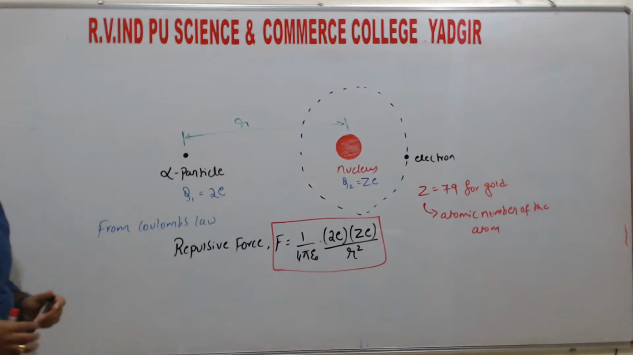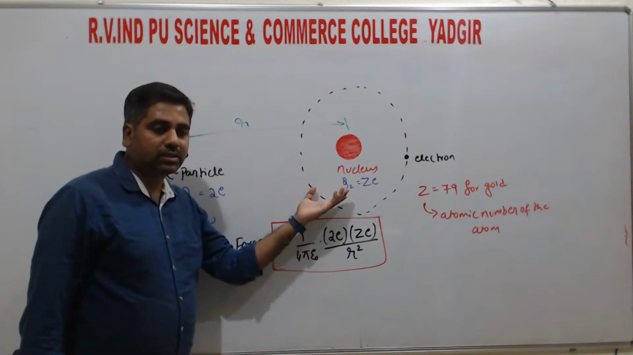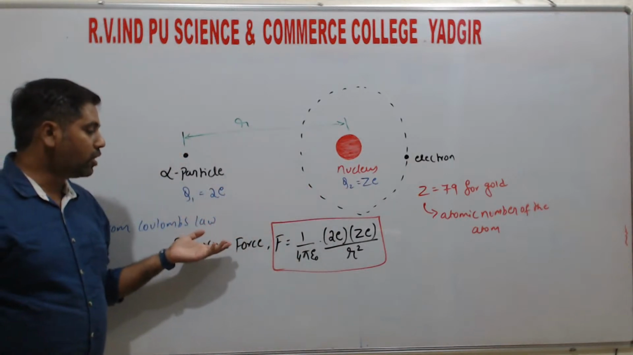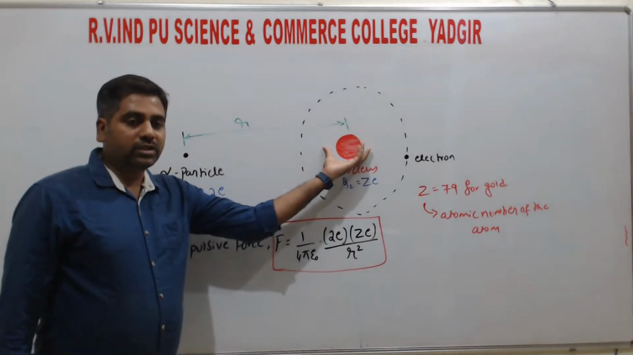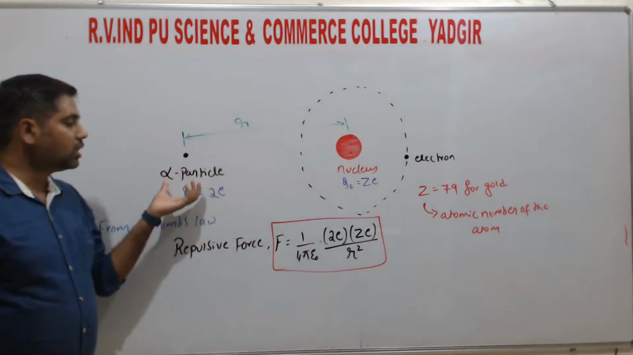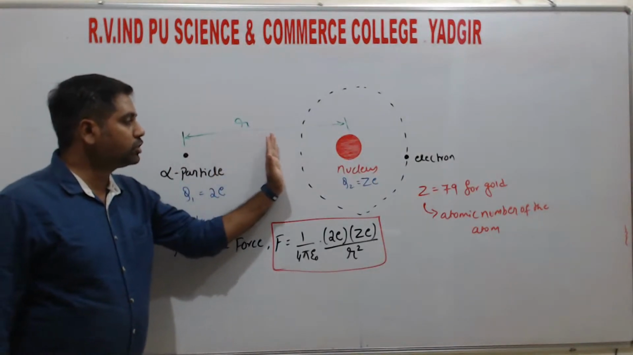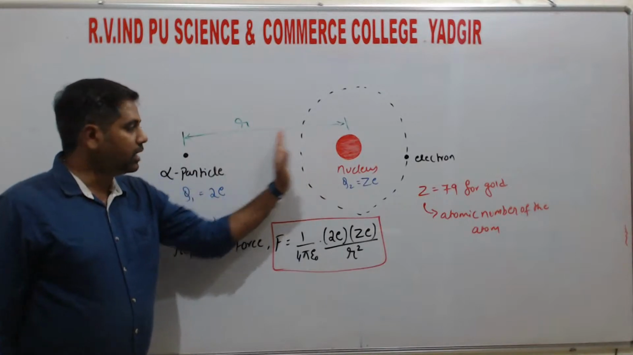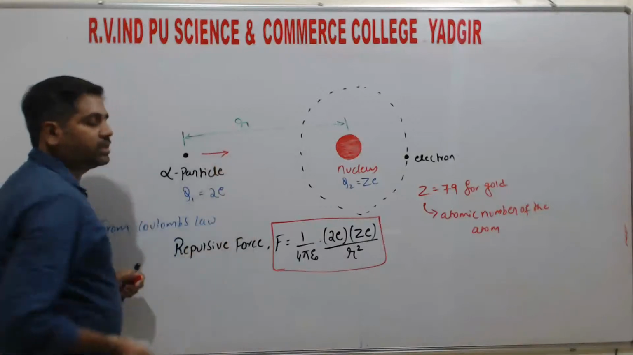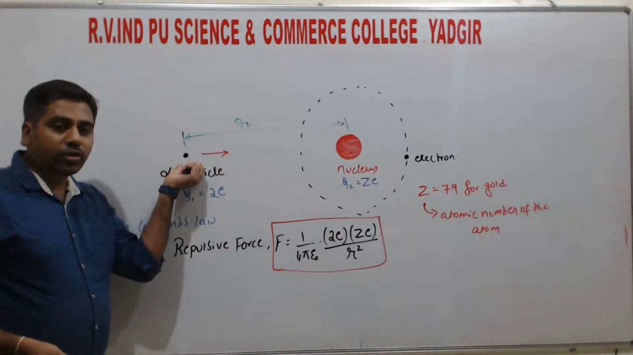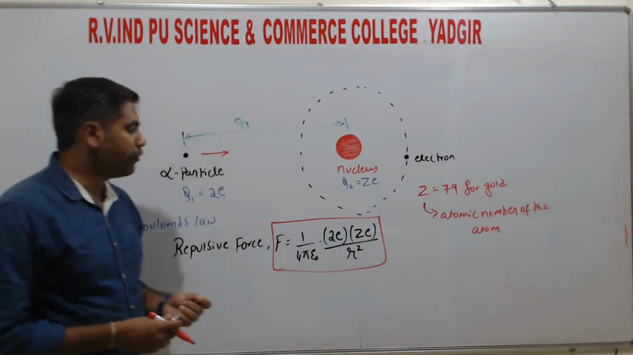The repulsive force exists because the alpha particle and the nucleus both have the same charges, that is, positive charges. For that reason, a strong repulsive force is exerted by the nucleus on the alpha particle, right? So as the alpha particle approaches near to the nucleus, its magnitude and direction are continuously varying, because if you observe